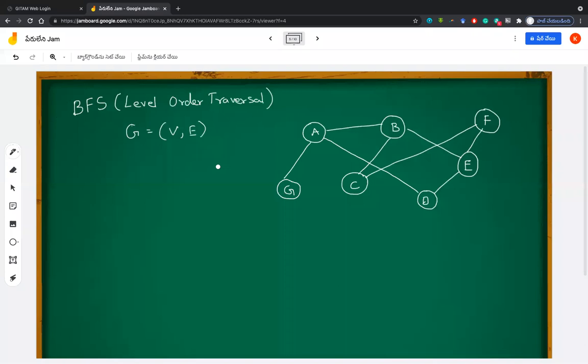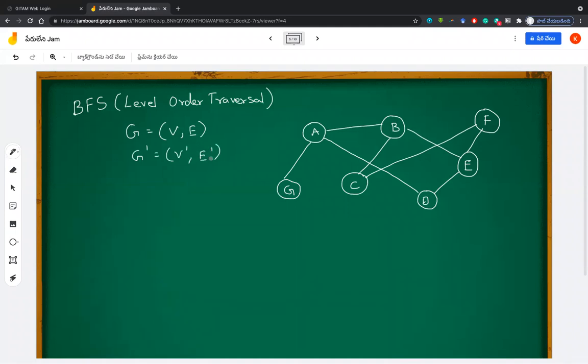How do you represent the spanning tree? G is equal to how can you represent it? Is it only G, or do you need to add anything further? What is the mathematical representation of a spanning tree that I have told you in the video? So G dash equals V dash comma E dash. Yes, correct. So G dash is equal to V dash comma E dash.